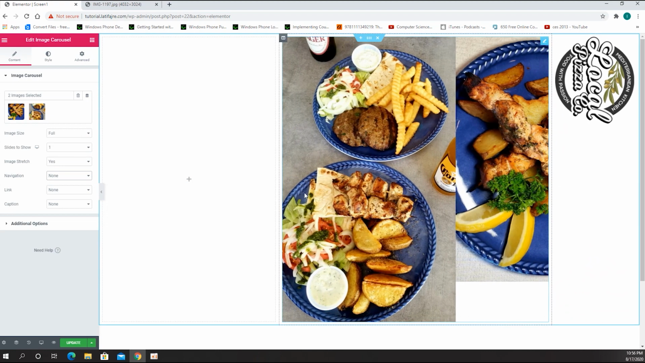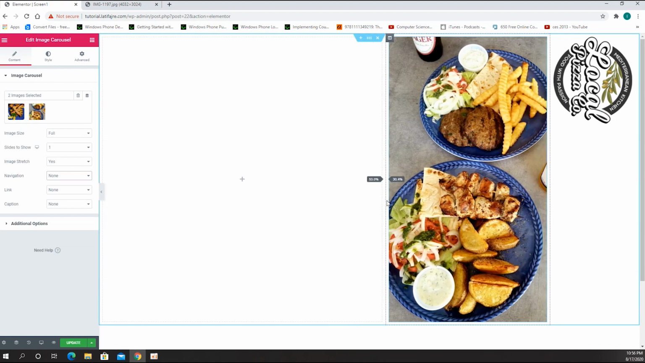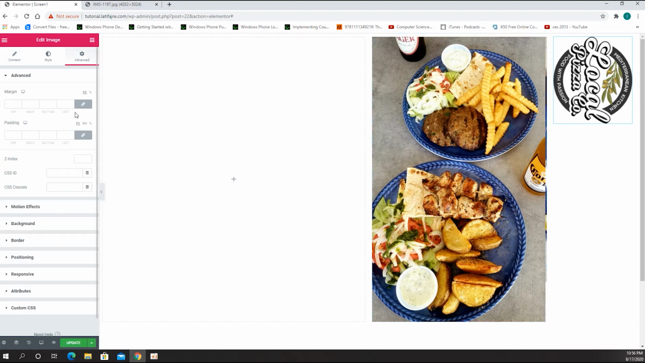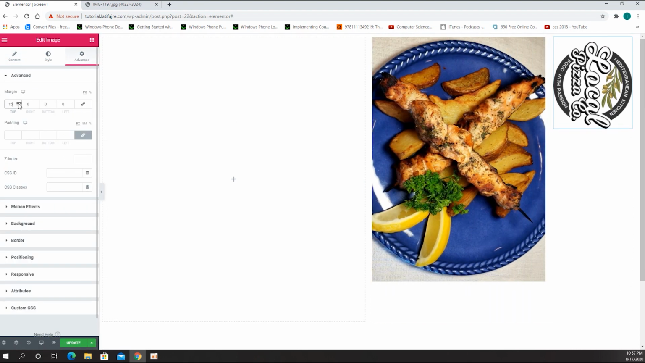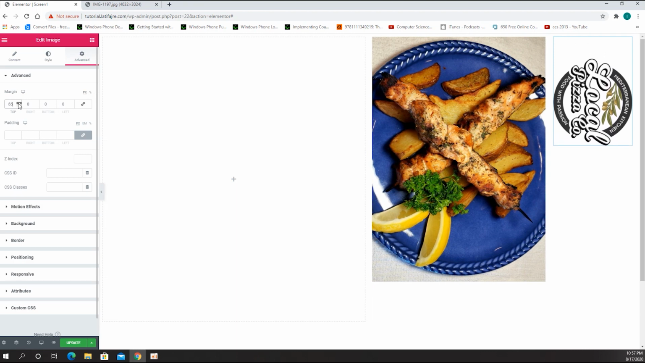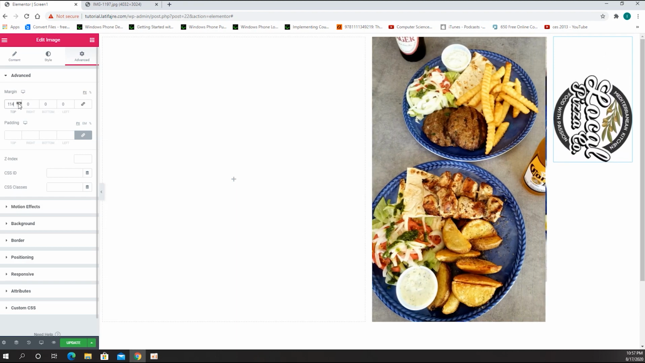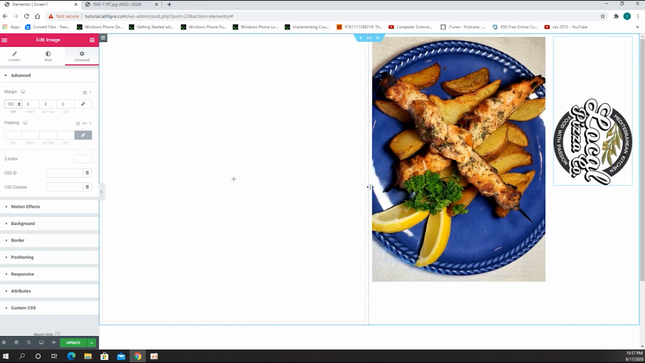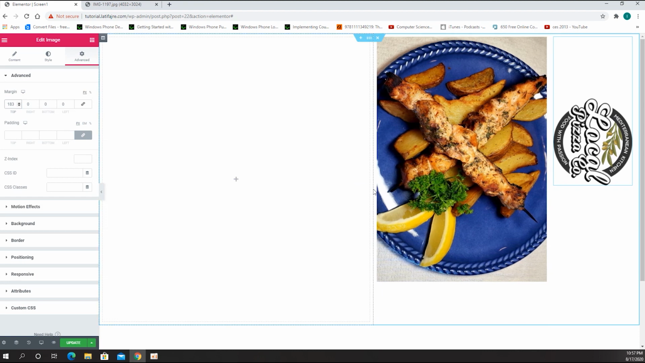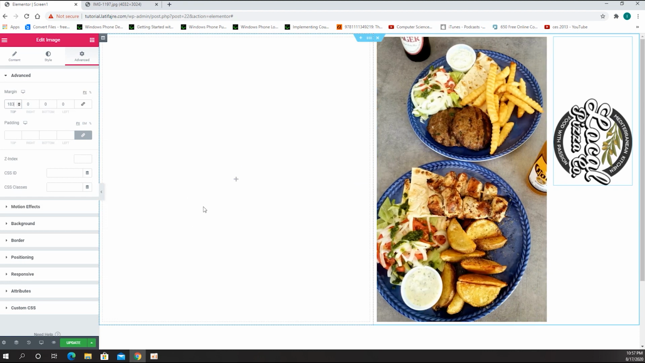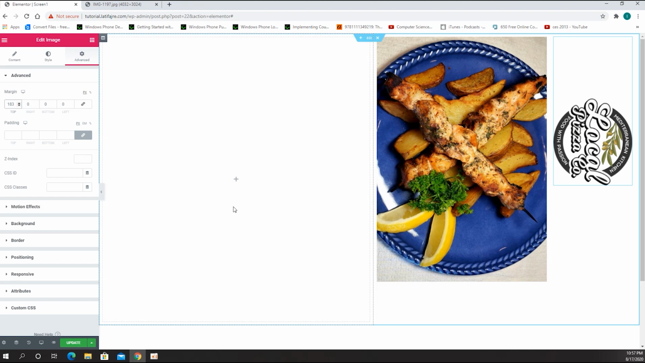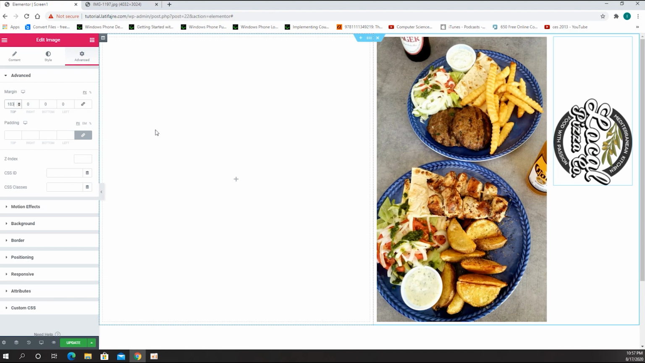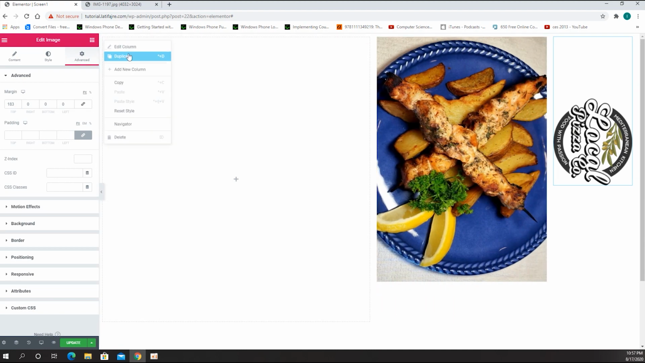Now I'm going to make this one smaller as well. Okay, I'm going to bring this one to the middle by adding some margin. Okay. Middle. Now in here we can add the menu, and at the same time we can add a couple more pictures. So in this case I'm going to add another